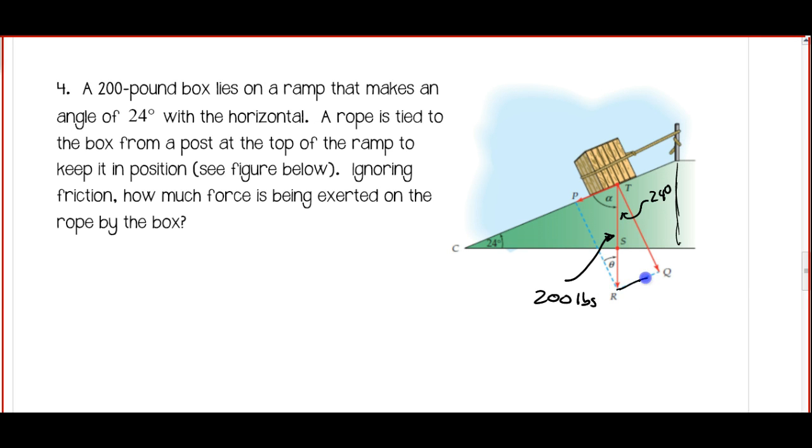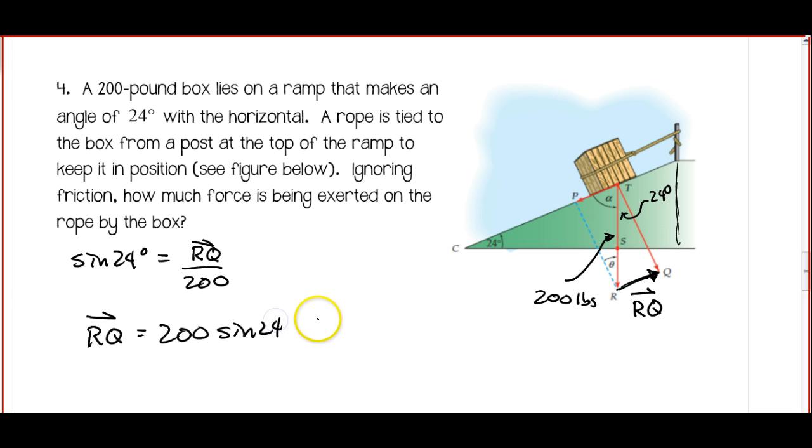So this is actually the force of the rope. We'll call that vector RQ. Alright, so basically we want to find vector RQ. Again, we have a right triangle trig problem. The RQ vector is the opposite, the 200 is the hypotenuse, so again we're going to use sine. Sine 24 is equal to RQ over 200, and solving for RQ we get 200 sine 24, which is about 81.35